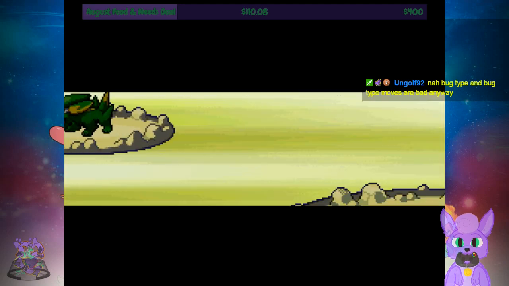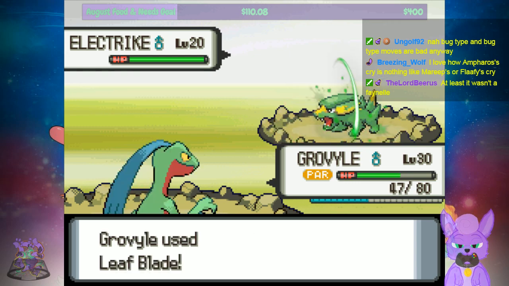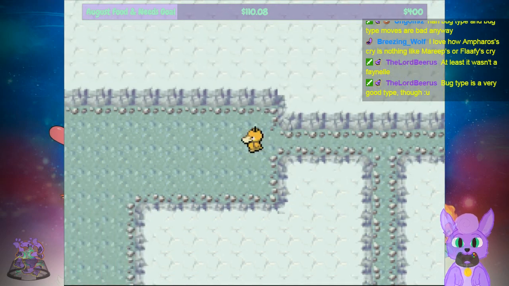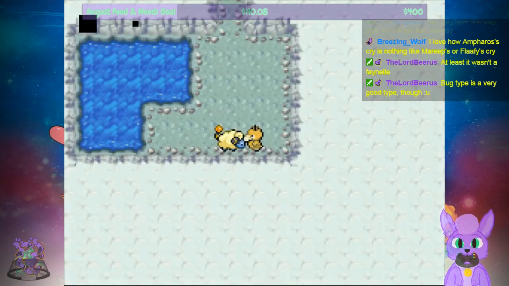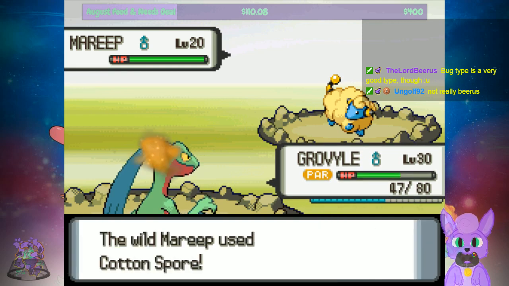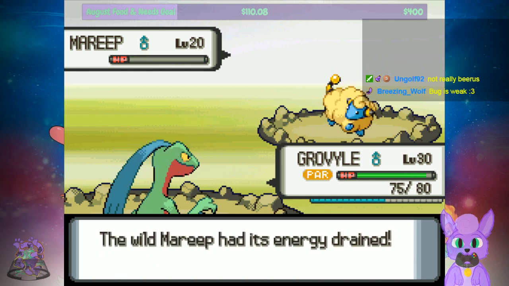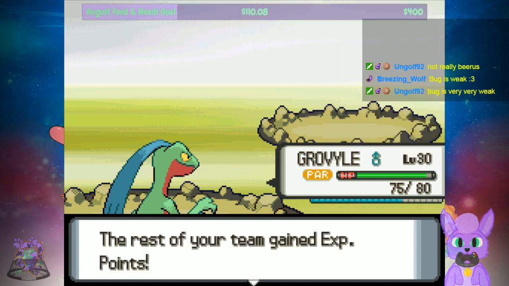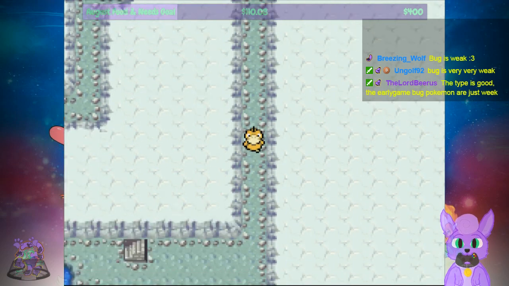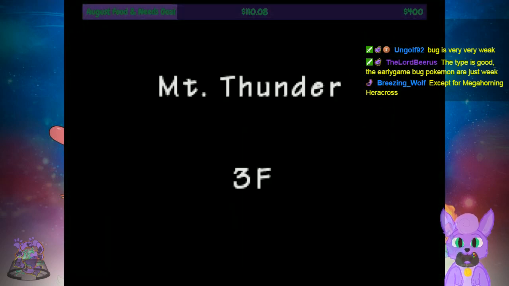Sometimes it's hard to catch these guys. At least it wasn't Finneon. Nope, Finneon's evolved. Bug type is a very good type. No, it's kind of weak, actually. Early game good. Does not hold up late game. Fast evolution has its downsides. Wow, that fully killed it. Alright. Wow, that was only 2 floors? Jeez. They're not making fast...